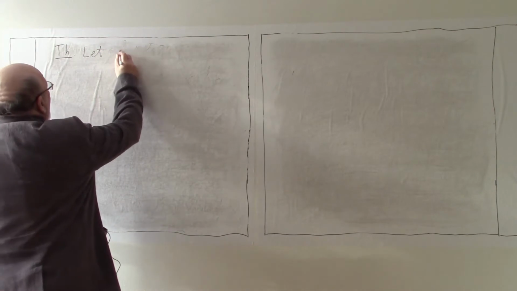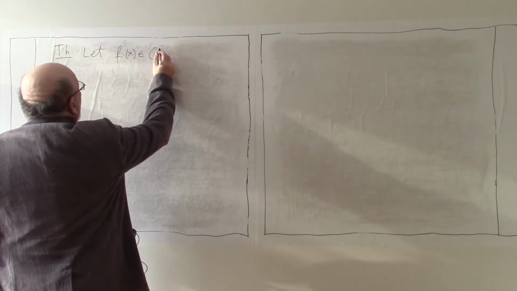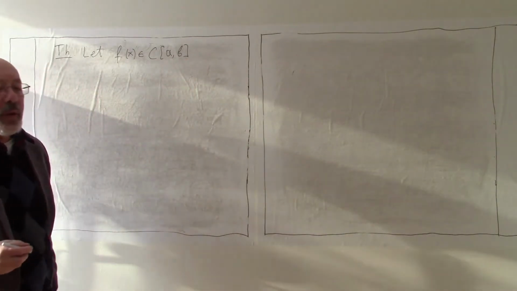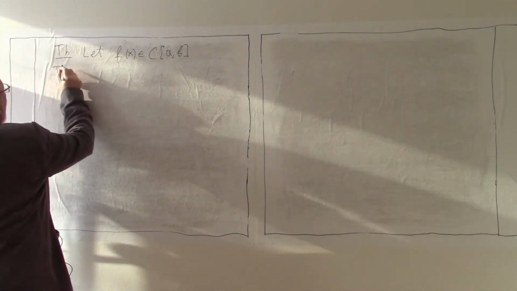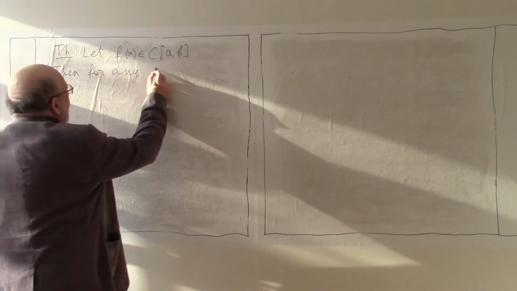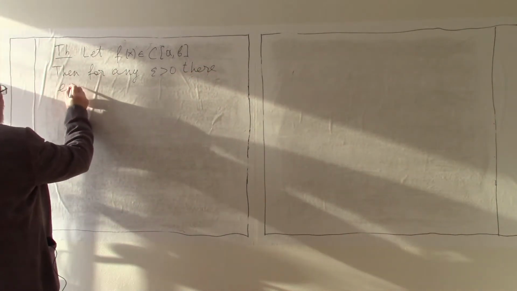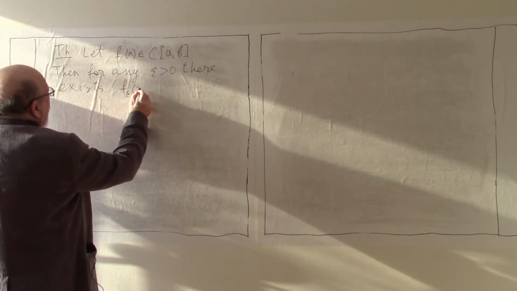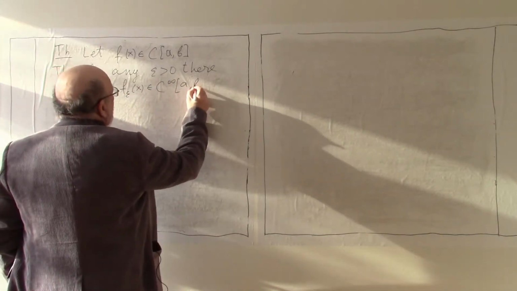Let f(x) be any continuous function on the segment AB. Then for any epsilon there exists f epsilon of x in C infinity from A to B